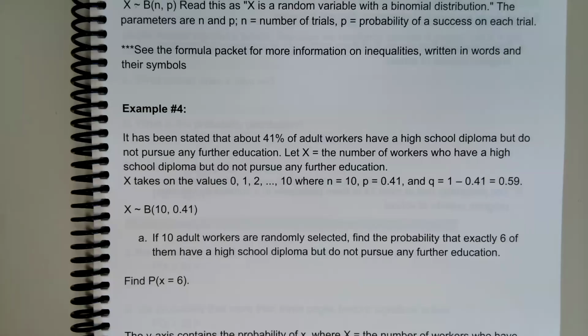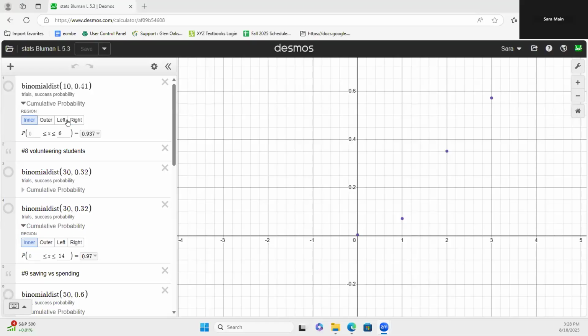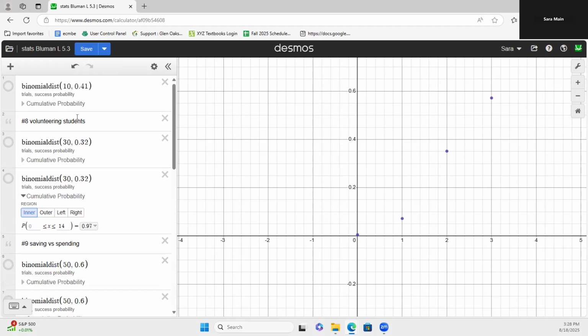Go ahead and go to our Desmos screen here so you can see what we are going to type is binomial dist. And you can just save, if you click on this in Canvas, you can just save this as stats less than 5.3. So you've got all of the commands right here. So this right here is 10 and 0.41, and exactly 6. So now it's really cool. In Desmos, you can say, I want the inner, the outer, the left, or the right. And actually, if you just turn off the